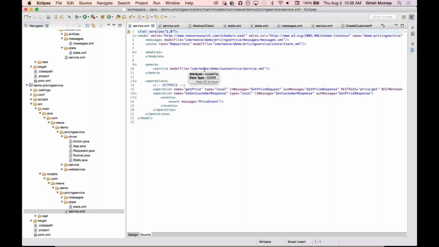Automatically, you now get visibility into all the messages and the service contract of the service that you depend on, and you can start using their messages in your service contract itself. In this particular case, the pricing service needs to get the customer response back from the customer service, and it declares that as its in message for its get customer response operation.